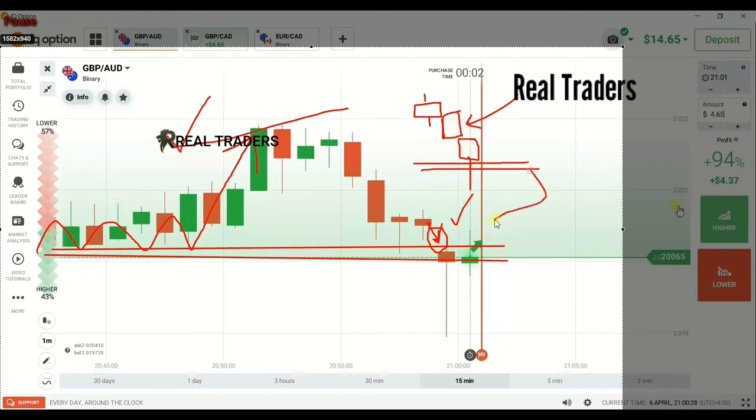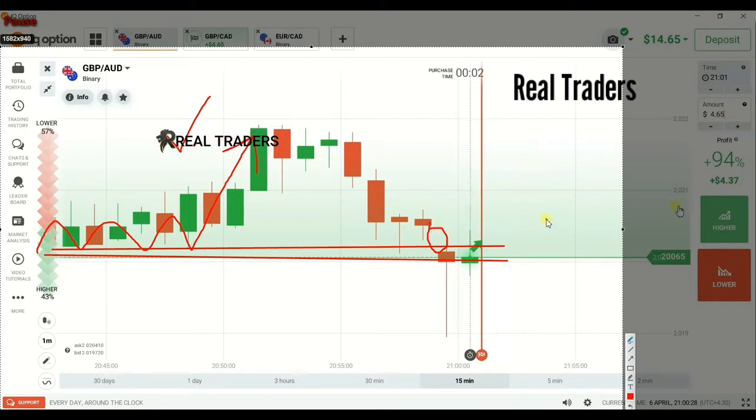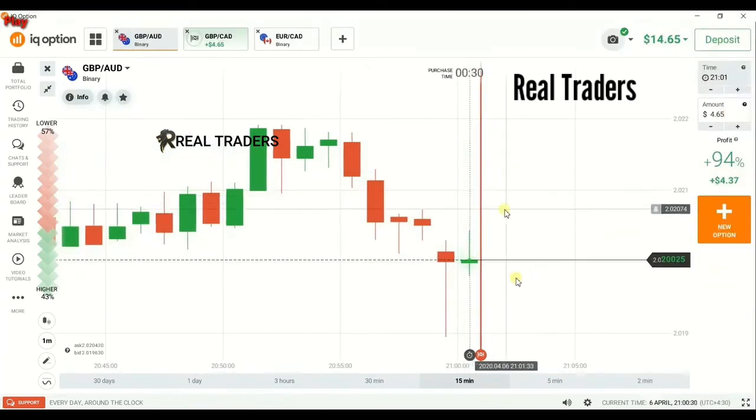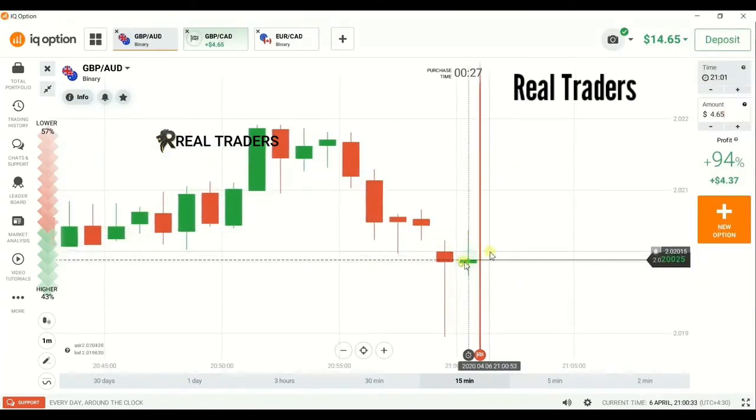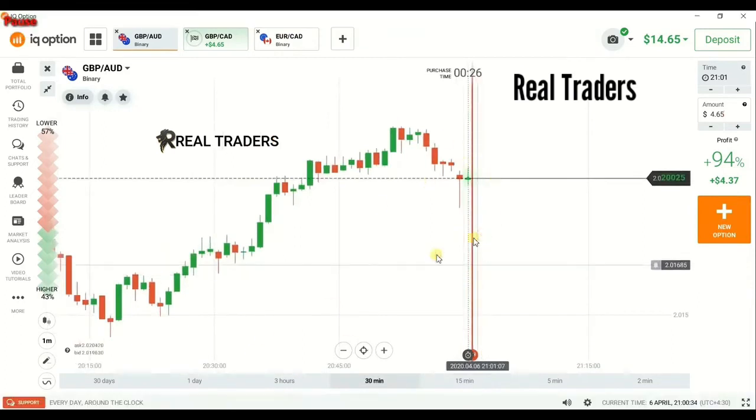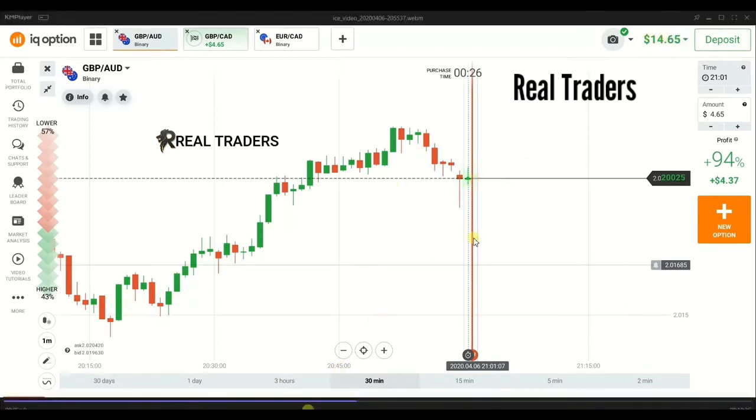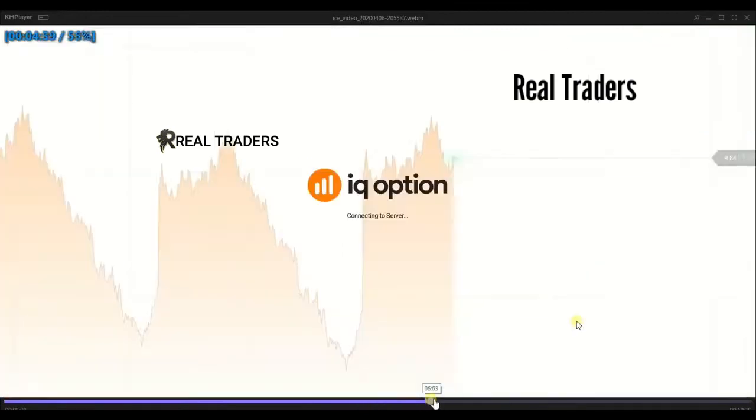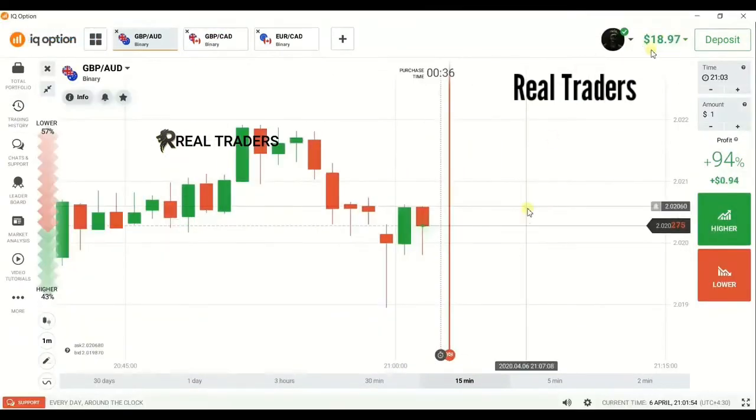Now you can see this condition here. Here we have a gap, and we are at a strong support level, so I placed a higher option, but because of my internet it didn't show me. I don't know what happened, but if you check my account balance, the trade was placed. Let me show you. You can see I reopened it and it placed here, and it is a bullish candle. So I won this trade because this whole area,